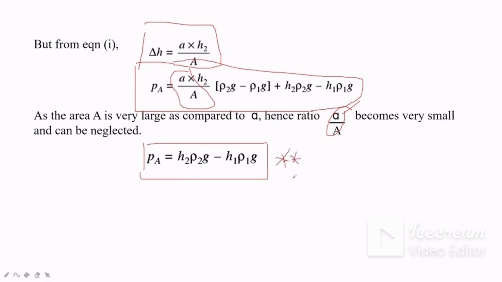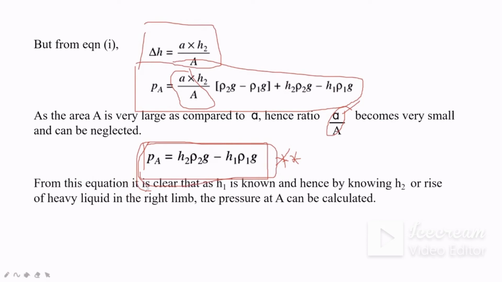Whenever you come across a question on vertical single column manometer, from this equation it is clear that H1 is known, and hence by knowing this H1, H2 can be known. So H2, the rise of heavy liquid in the right limb, and the pressure at A can be calculated. H1 is known, so H2 will rise and it will be calculated. Whenever you solve the problem, you will get to know. You have to remember this formula to answer such types of questions.